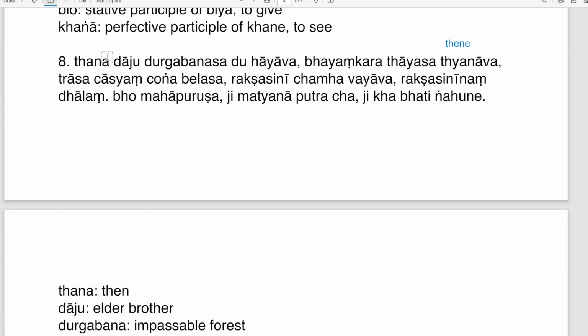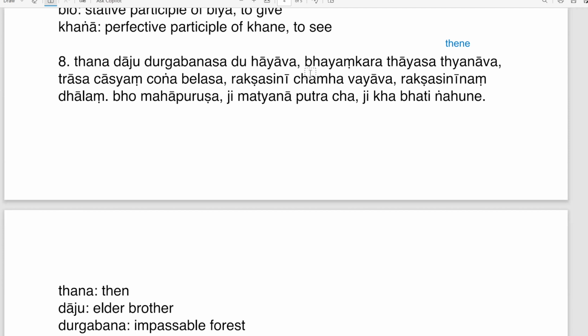So now, then over there. And Daju is the elder brother. Durga Banasa. Durga is also a Sanskrit word meaning unapproachable, difficult to access, impassable, and Bana is also Sanskrit Vana, the forest. So it is the locative ending, du hayavo. At first sight, do might also be a stative participle of ye, to exist, but here it is not, because in du hayavo as a phrase, do is the directional adverb inside, into, and hayavo is the antecedent converb of haye, to enter. So having entered into that